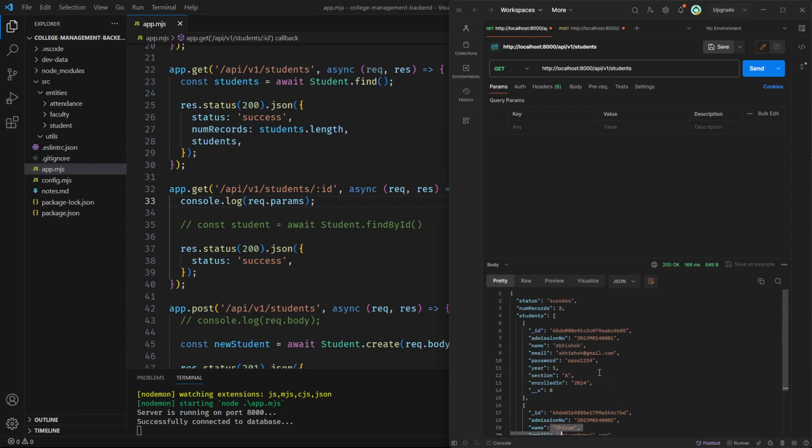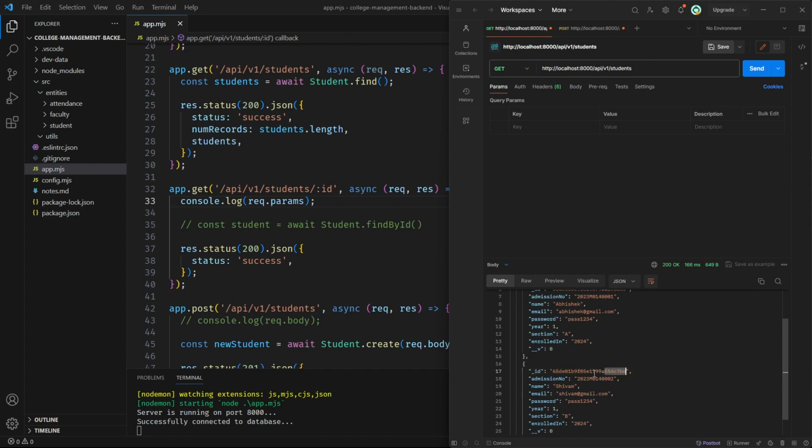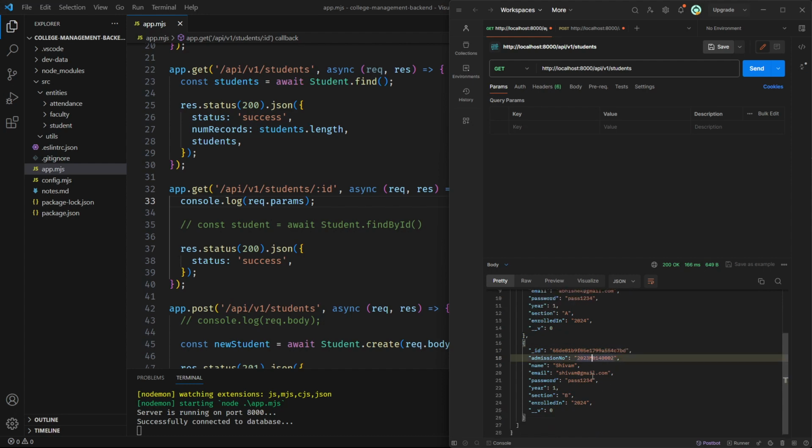So here you can see we have an id, underscore id. This was automatically generated by Mongoose. Here you can see this is 6B85 and the second one is C7BD. Suppose we want to get the details of this Shivam. So what we can do is make a request.